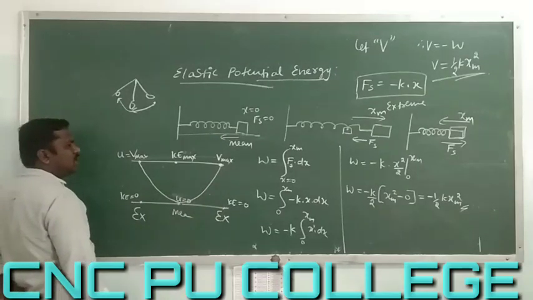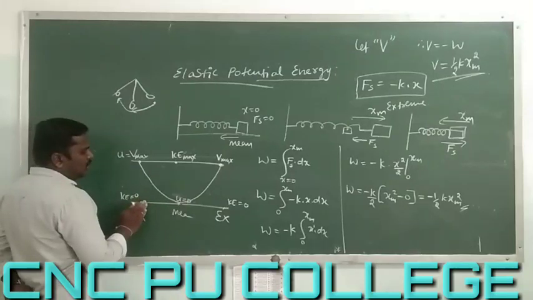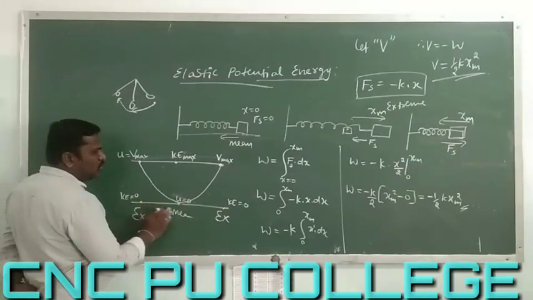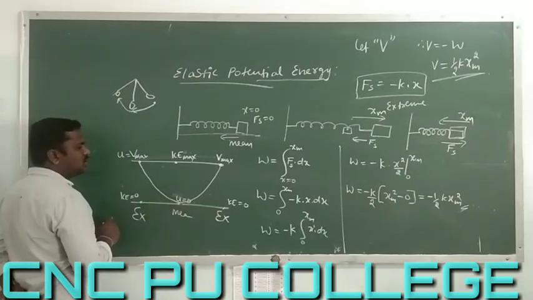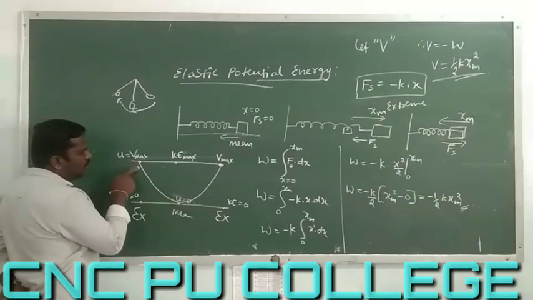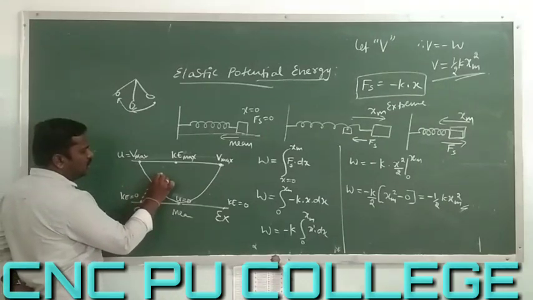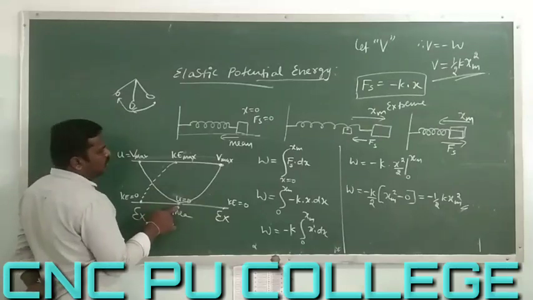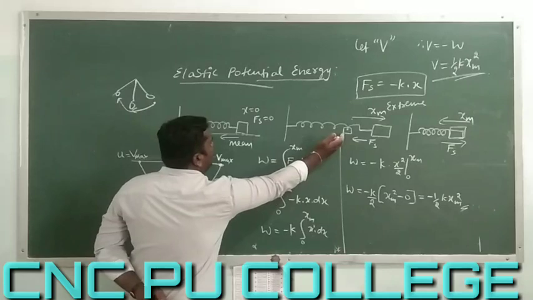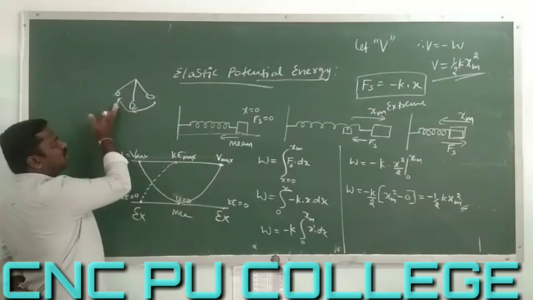And the kinetic energy at extreme position is 0. As we are moving towards the mean position, velocity increases. As velocity increases, kinetic energy also increases. That means as potential energy decreases, the kinetic energy starts to increase and becomes maximum at which position? At mean position. As we move away from mean position to another extreme position, the velocity decreases and finally comes